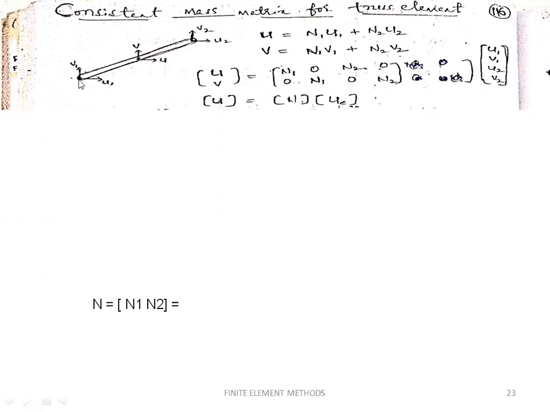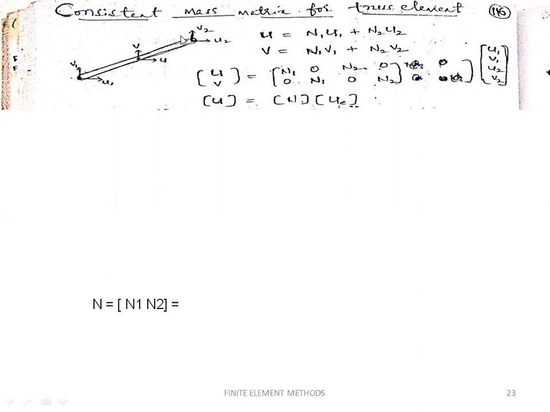So this is a simple truss element having two nodal points, and each nodal point having 2 degrees of freedom. Why? Because this truss element we consider as an inclined member. If you consider it as an inclined member, it is possible to resolve each and every nodal point into x directional displacement as well as y directional displacement. Similarly, nodal point 2 is also an inclined nodal point, so it is possible to derive the x directional displacement as well as the y directional displacement.